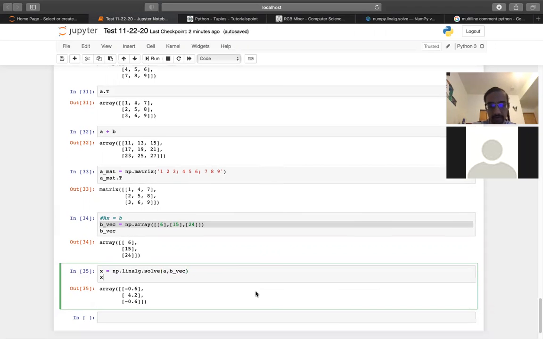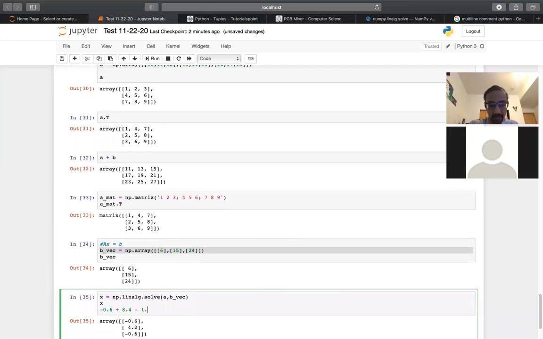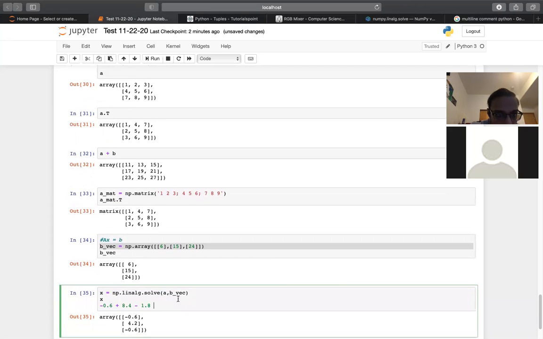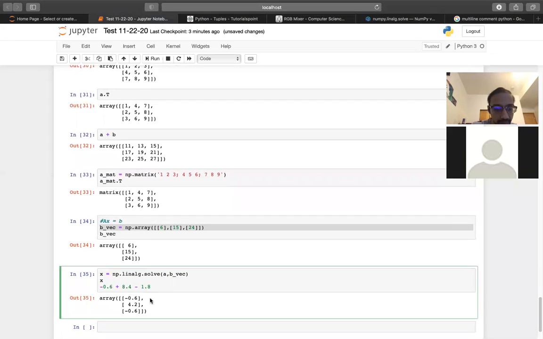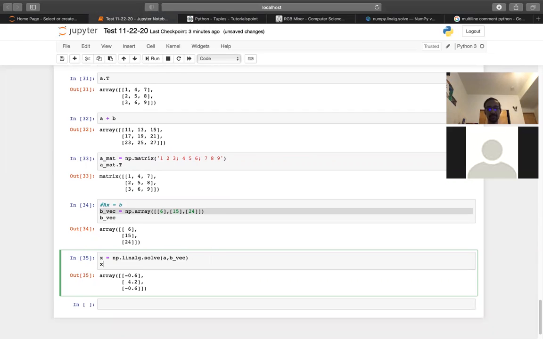So you look at negative 0.6 plus 8.4 minus, we do minus 1.8, right? Is that the right thing? Yeah, because we want it to be equal to 6. 8.4 minus 1.8. But anyways, without getting into details, really, this is how you would solve your Ax